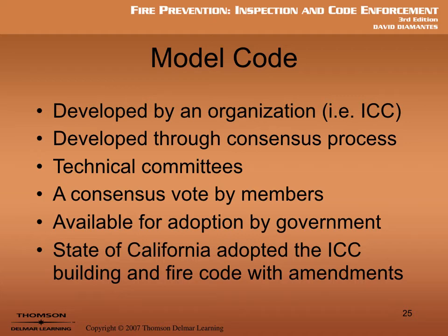So what do they do with that? Well, they present it to all the state governments and local governments for adoption. So the state of California takes that model code and votes on it at the legislature and adopts it. Now, before they do that, they give it to the building officials and the fire code officials, the state fire marshal of the state of California, who look through it and they say, we like it, but we don't like everything. We might want to make some changes, and they call those amendments. We'll talk about that in the section.